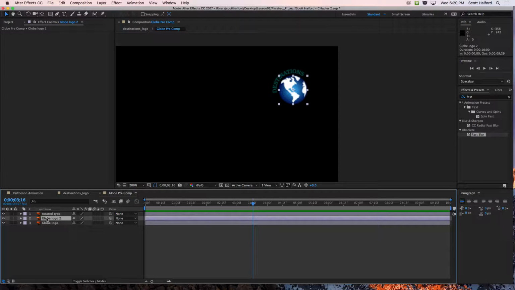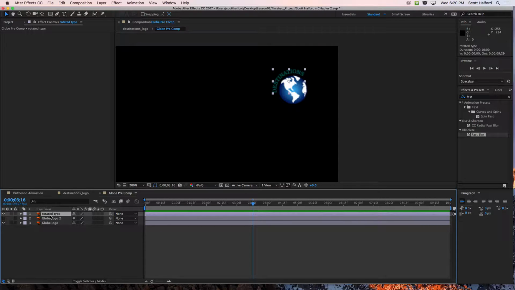Now, I'm going to hide globe logo number 2, and the reason for that is I'm going to rotate globe logo number 2. But the planet rotates on its axis, which is vertical right now. We don't have a 3D planet, so all I want is to have this text kind of circle around the globe. Now, what I'm going to do is select the rotated type layer, and under this parent menu,